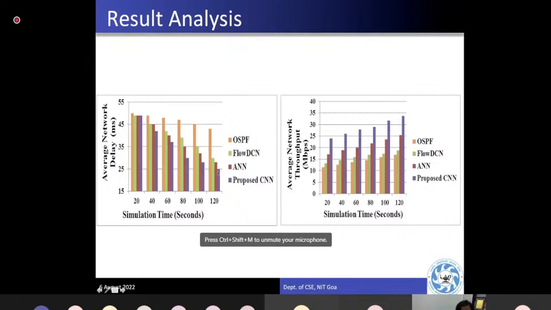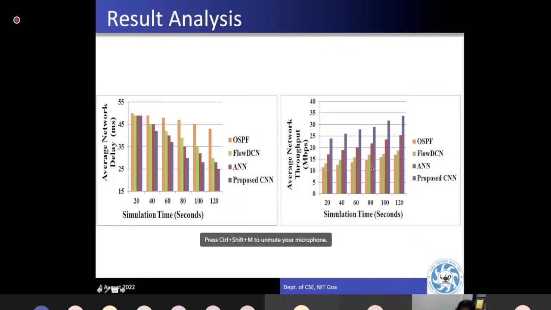But at the simulation time of 20 seconds, whether it is with the CNN, without CNN, or only neural network, it does not matter. Why is this happening? Slowly the difference becomes visible, and here there is a huge difference. Why is it so? Because initially, at 20 seconds, there was not much data. As I said, we need a good amount of data to train your deep learning model properly. At 20 seconds, the network is not saturated. It is a very unsaturated situation, so it is not properly trained.